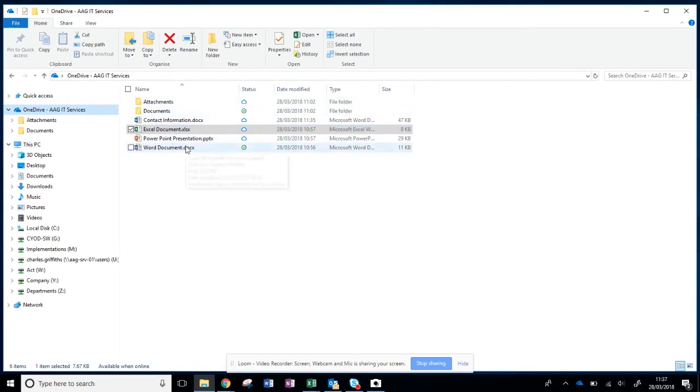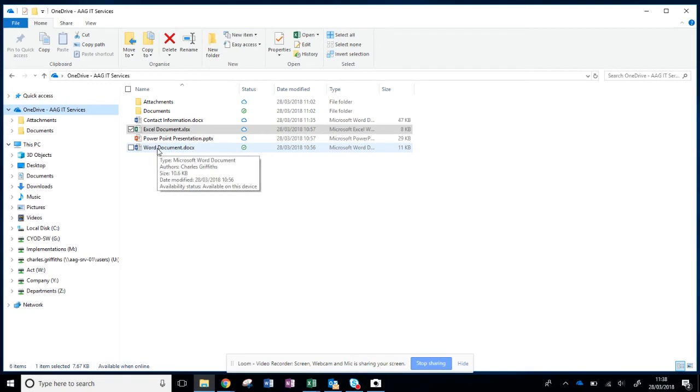If you've opened that document and it's effectively downloaded a copy of the document, it puts a little green tick next to it. Green tick with a white background. That means the file is locally available on your computer. So if I disconnect from the internet, I can still open that folder, but it's not permanently there. So if I need to free up space, so for example, if I'm running out of disk space on my machine, and actually